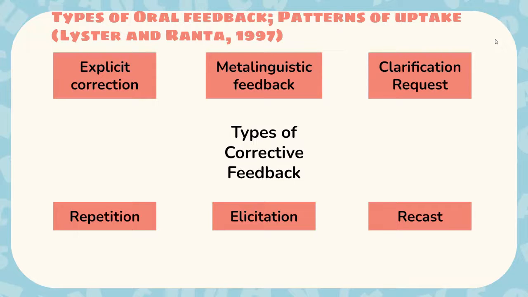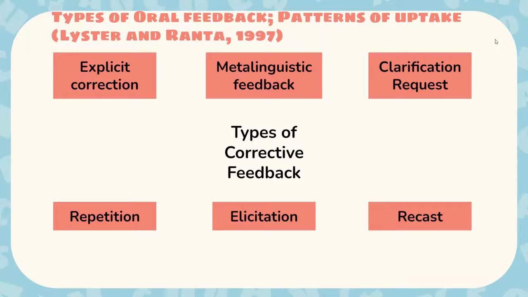So the next one is meta-linguistic feedback. The meta-linguistic feedback contains either comments, information, or questions related to the error. So this would make the learner analyze the mistakes. So for example, if we have an utterance such as "a dog," the teacher would ask the student, what is the dog doing? And based on that, the student will make the correction on what is supposed to be done.